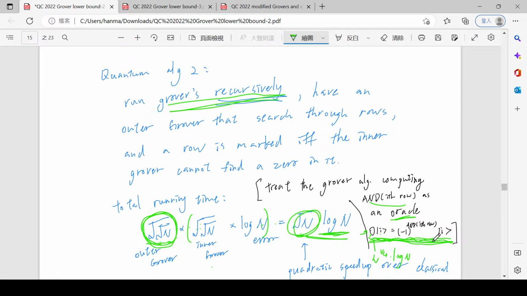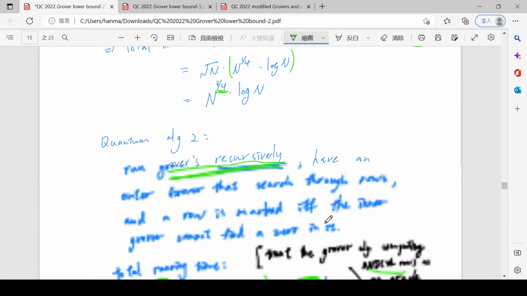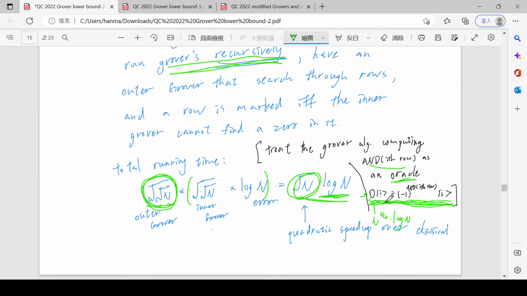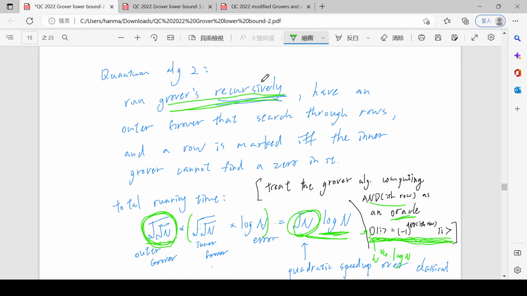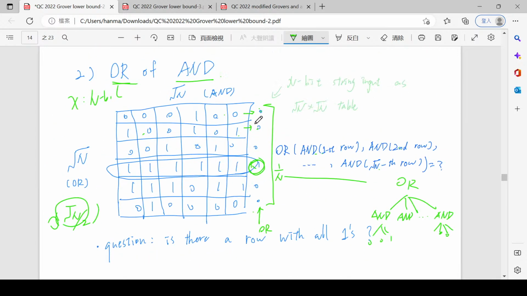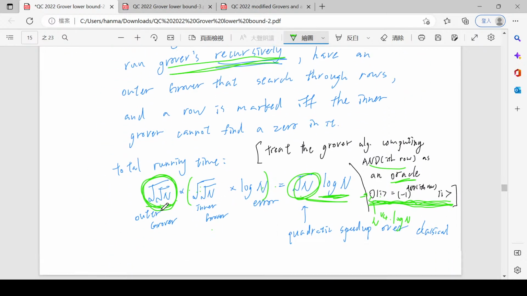And so if you have this oracle, then you can run another Grover search on this oracle, right? Now you are running Grover search over this I. So we can run this Grover search recursively, and then you run Grover search on this I, and now this I has square root n items, and so you need to run the outer Grover another square root of square